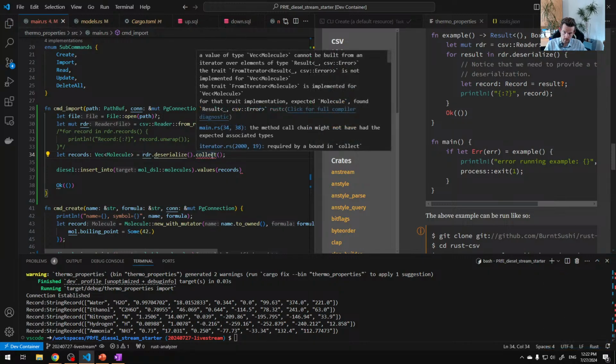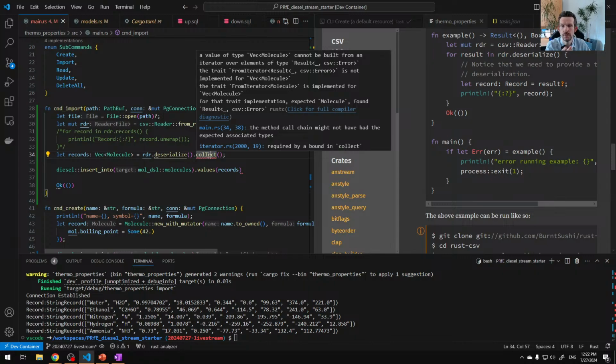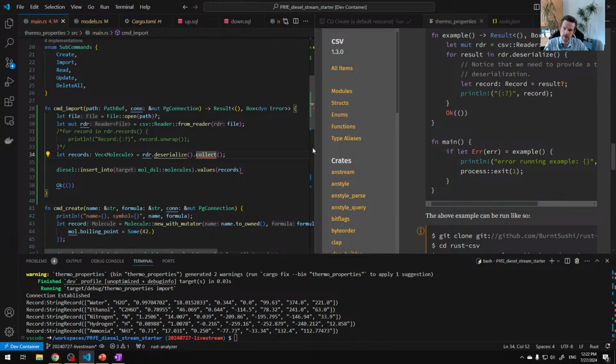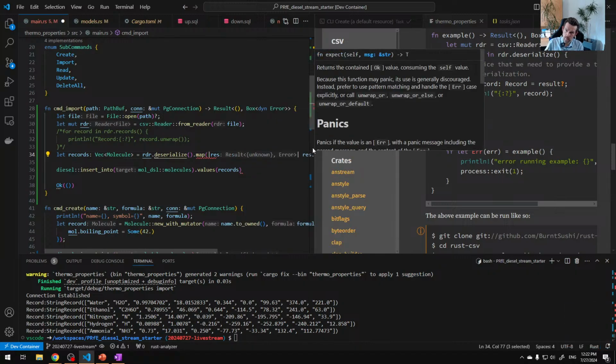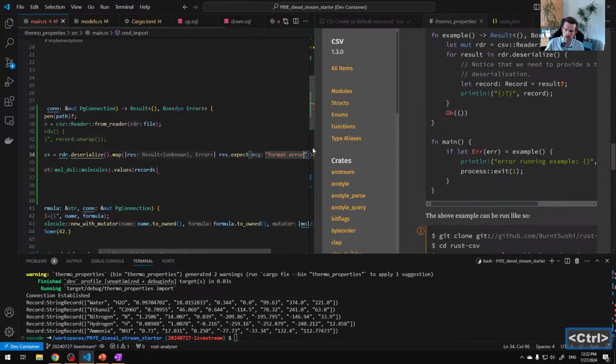Okay, this does not work. Maybe shortly, I'm very fast here. What you see here is, okay, we want a vector of molecule, but we get a result of something, and there may be an error. So what we need to do is use a map function, and we can just use a result here and expect it, not error. So what it's doing now is